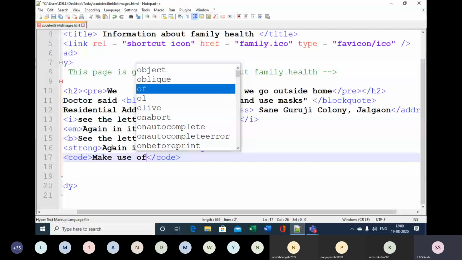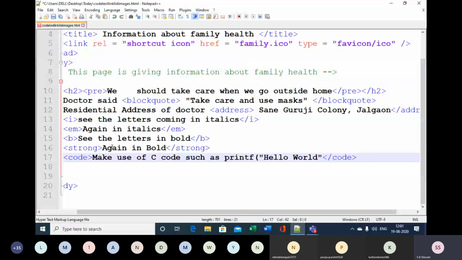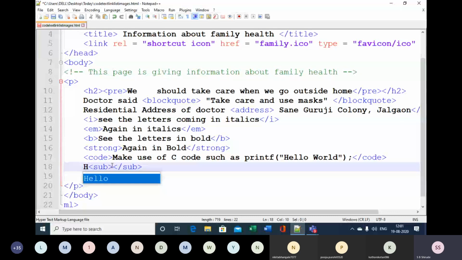Then after code, make use of SUB for subscript. Here I will put H, and then 2 as a subscript, and O. So it will appear as H2O. And then 2 square, it's a superscript. 2 square is equal to 4.